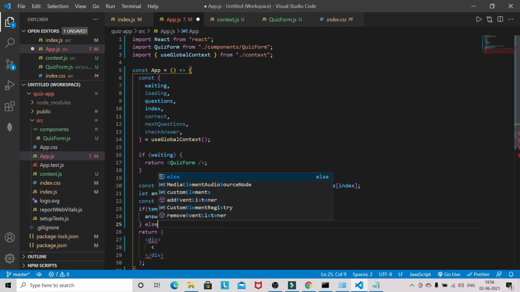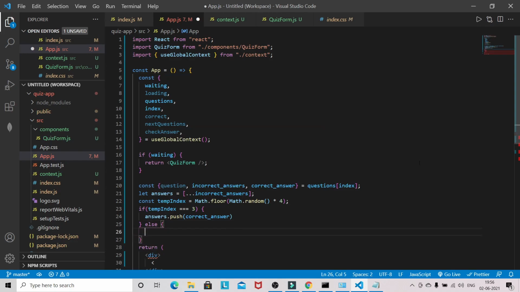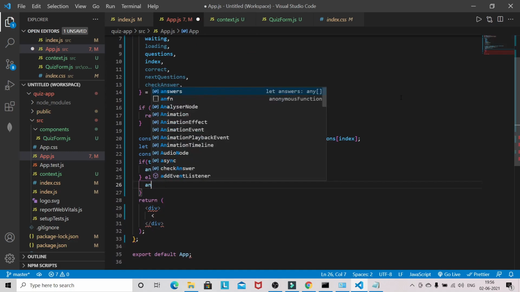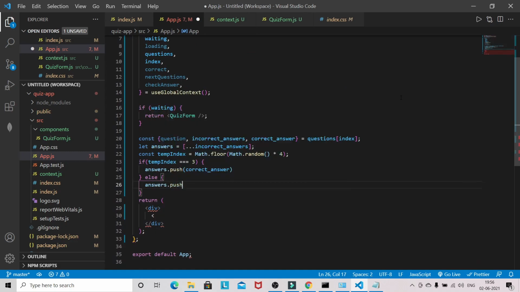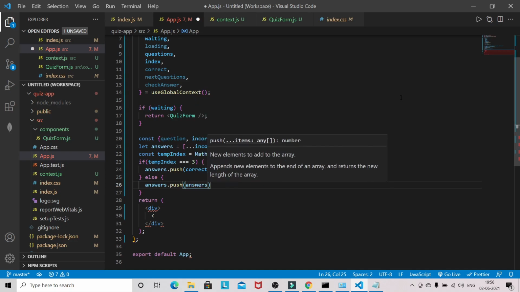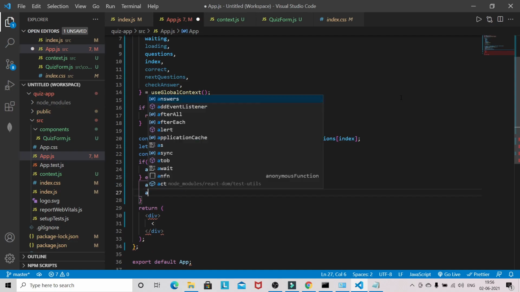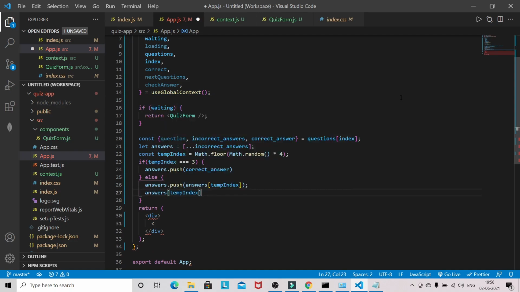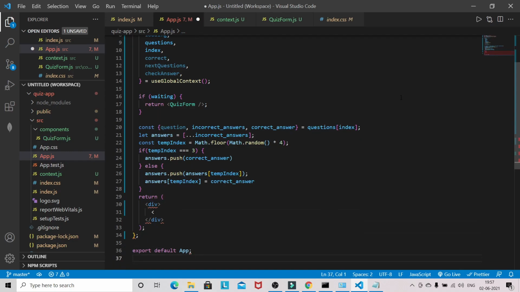Else answer dot push answers temp index, answer temp index, correct answer. So this is the logic.